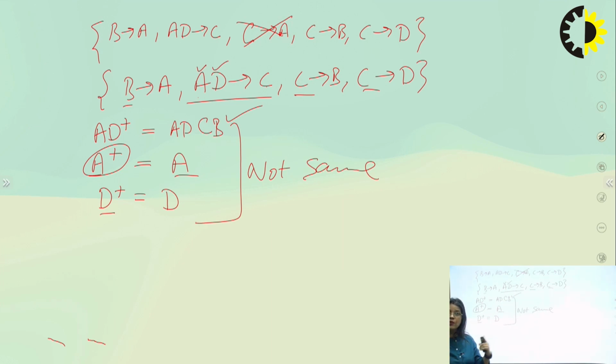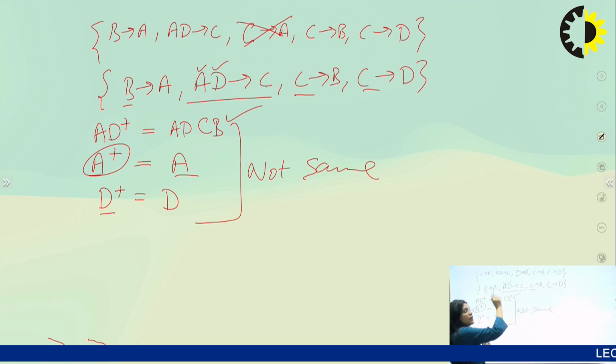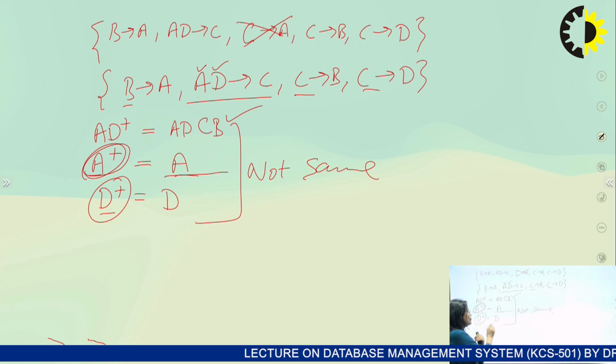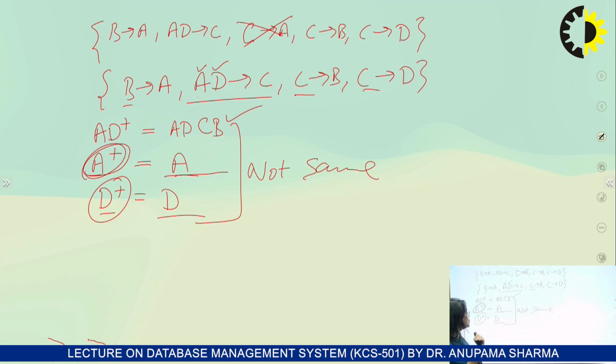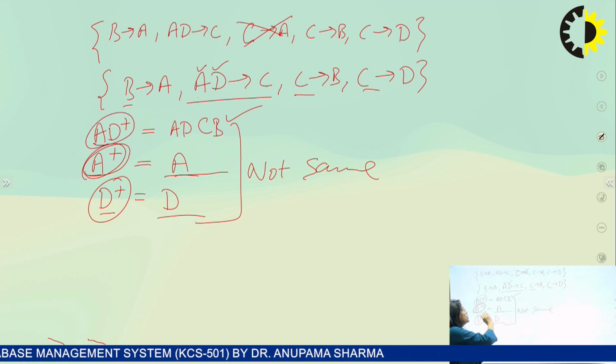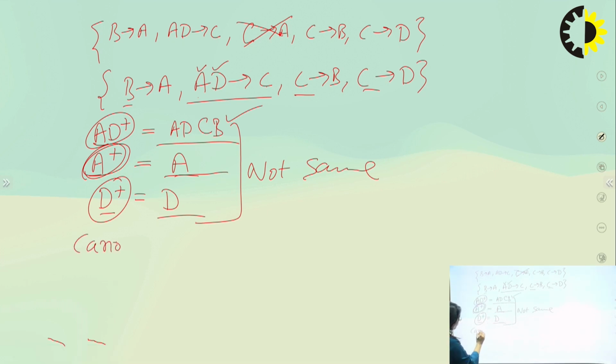We cannot remove A or D from this combination, because when we are taking only A, we are not able to deduce anything. If we take only D, we are not able to deduce anything. So when we will be able to deduce something from this set, when we are having this combination. From this combination, we will be able to deduce all the elements, right? So the canonical cover